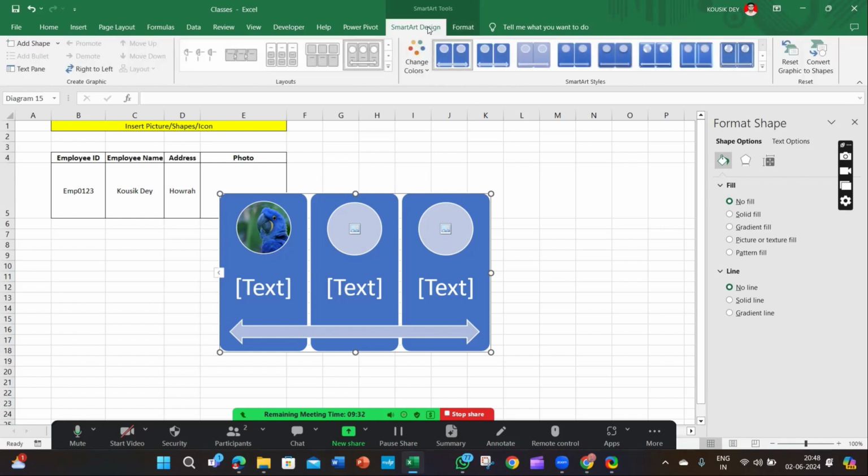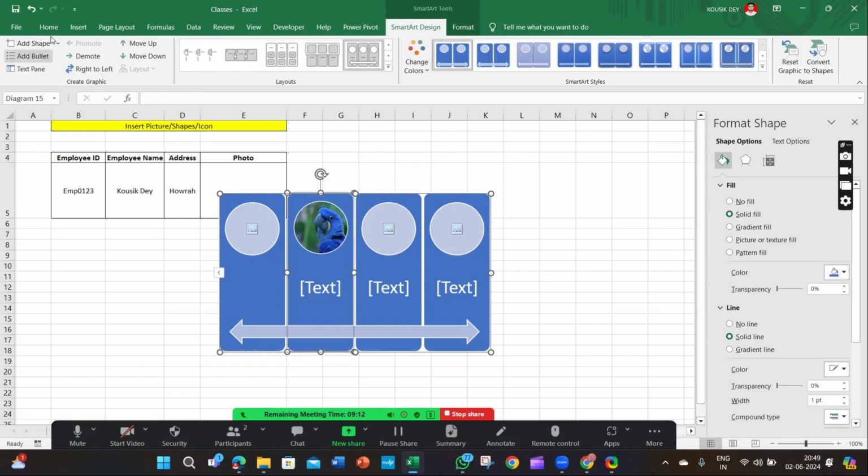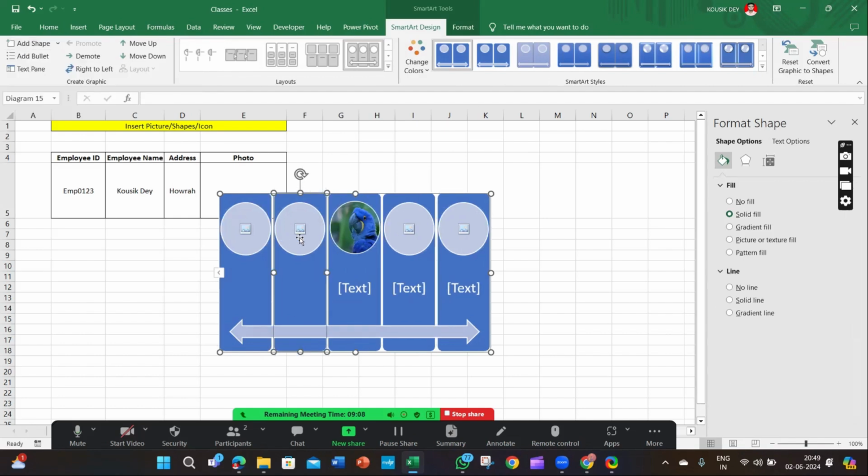If you go to SmartArt Design, then to add any box or block, go to Add Shape, and as per your position, for example, before the selected one, here it was selected and we are adding before it. See, one by one adding. For what? Because we are adding some blocks.